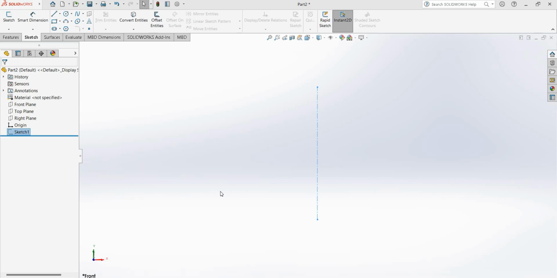In previous videos we discussed extrude and extrude cut. Now we are discussing the revolve option. First of all, what is revolve? Revolve means, if you look at the real world,